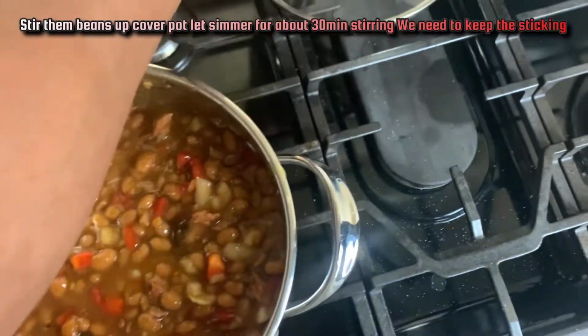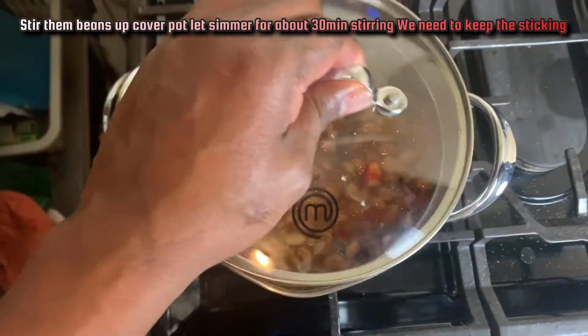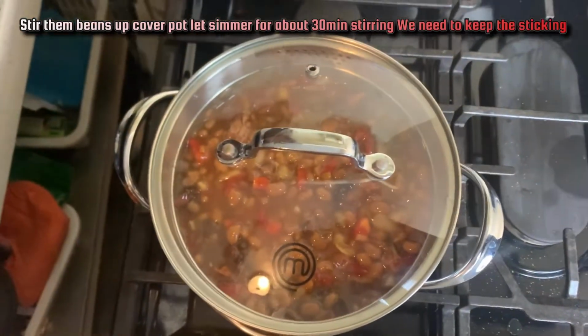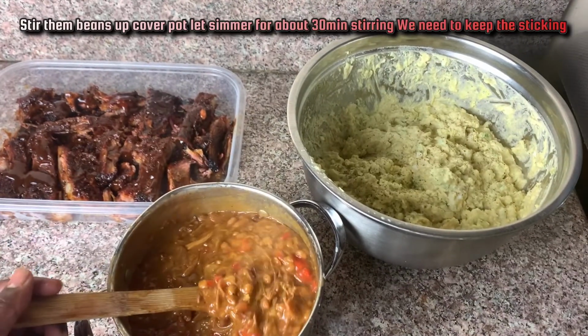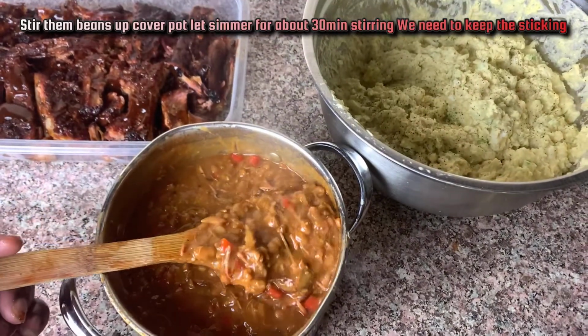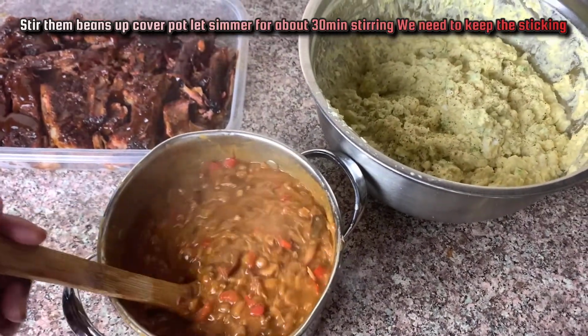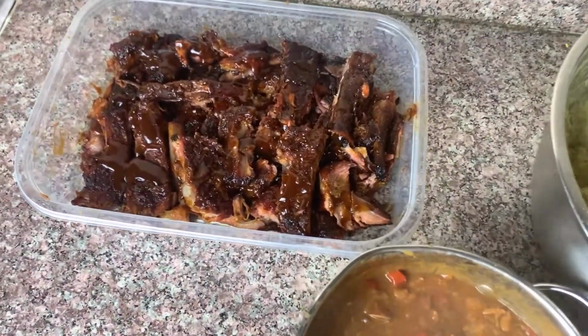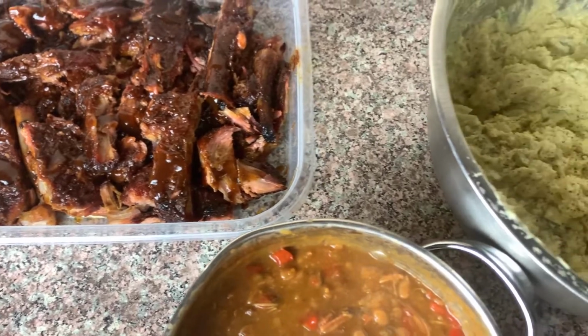Fire! Put the top on them. Let them simmer for about 30 minutes. Man. Look at that. Look at the spread, y'all. You see when I stir that up? Look at that meat. Look at them little pieces of meat. Look at that. They already bought